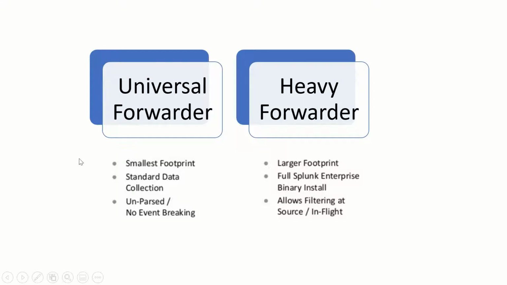The universal forwarder is nothing but a lightweight agent which we install on our input. The input can be anything, like a Windows server or Unix server. We first install the lightweight component of Splunk on those servers and configure the input, from where the data should come, and the output, where the data should go. The output can be your next forwarder or your indexer.